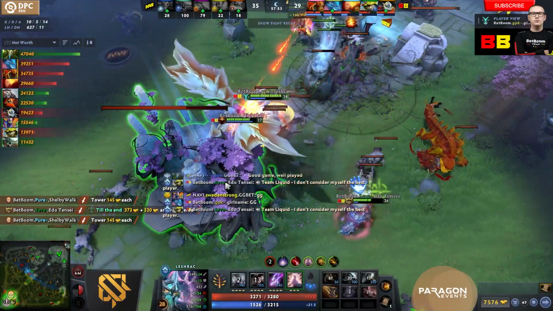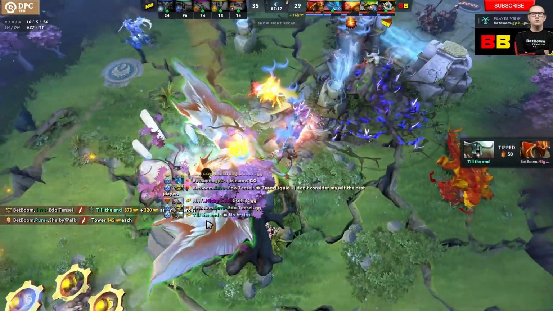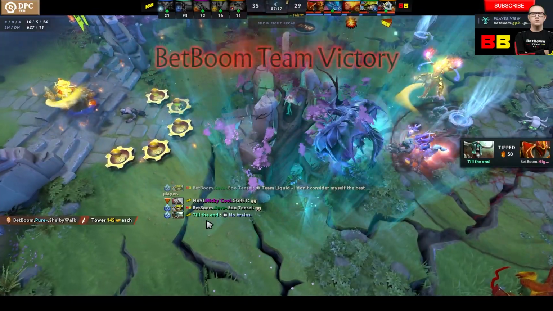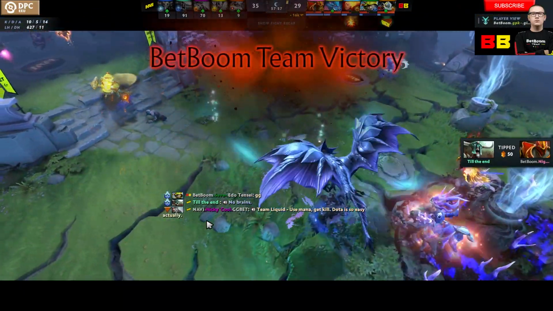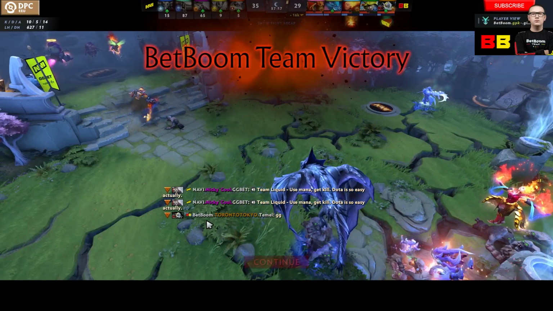It's going to be GG, and it is going to be BetBoom. Again, going to such a long game in game number 2, but they just have the stamina to see this one out, take a really good fight against Navi, and push it through 2-0 in this series. BetBoom have this one weakness that some of the